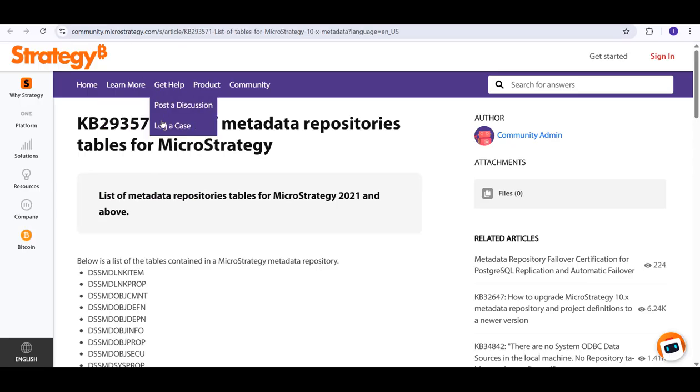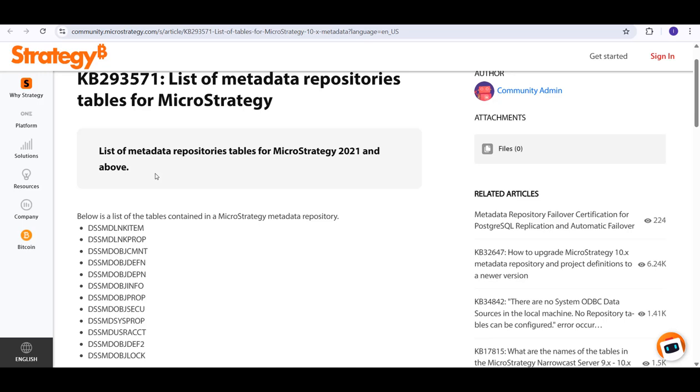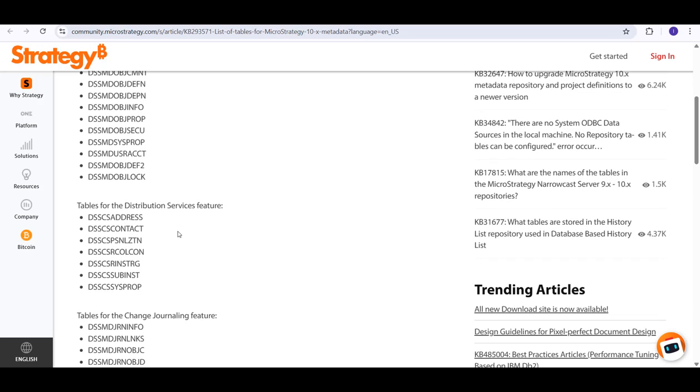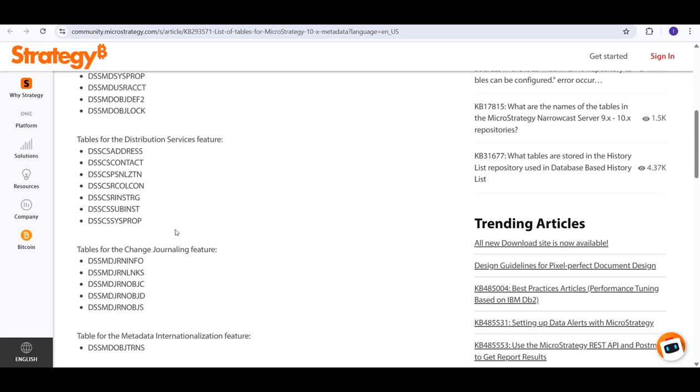We can create the metadata in any database location of our choice. The database itself is made of a set of tables, as I'm showing to you right now in this document right here. So there are a whole bunch of tables that contain specific characteristics that will later serve to store